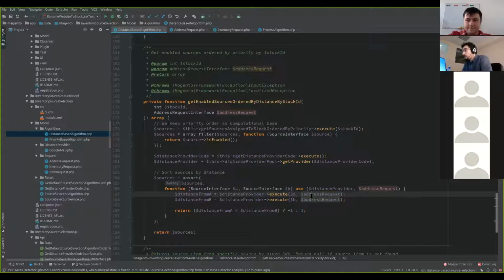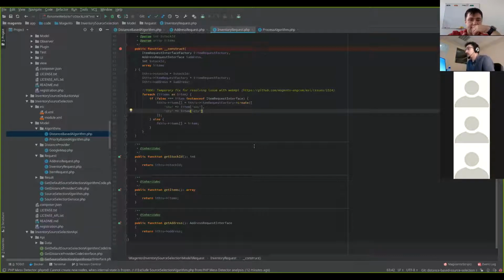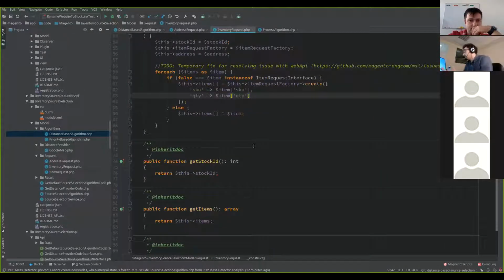The only problem was that currently the inventory source selection is only based on the SKU and the quantity requested. So we have no information about the destination address. So I had to slightly modify the inventory request, but of course I will need your approval, even to understand if